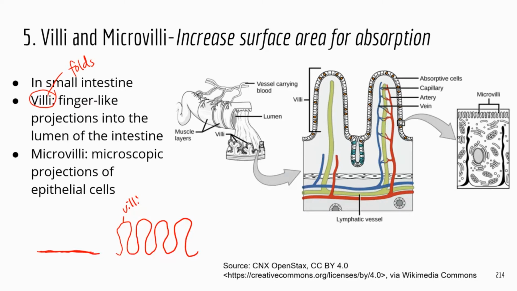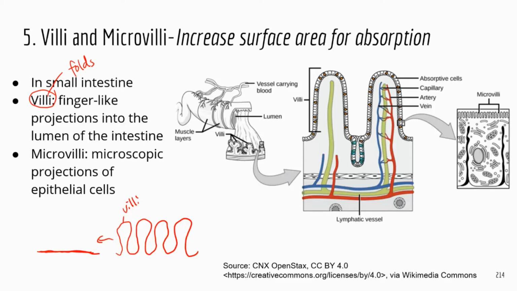And when you have these villi, these folds, you can imagine this is going to dramatically increase the surface area, right? Compared to if it was flat. So this is good because the more surface area we have, the more digestive enzymes we can have to digest food, and the more contact area where we can absorb the nutrients, right? So that's why we have these special structures like villi to increase surface area.